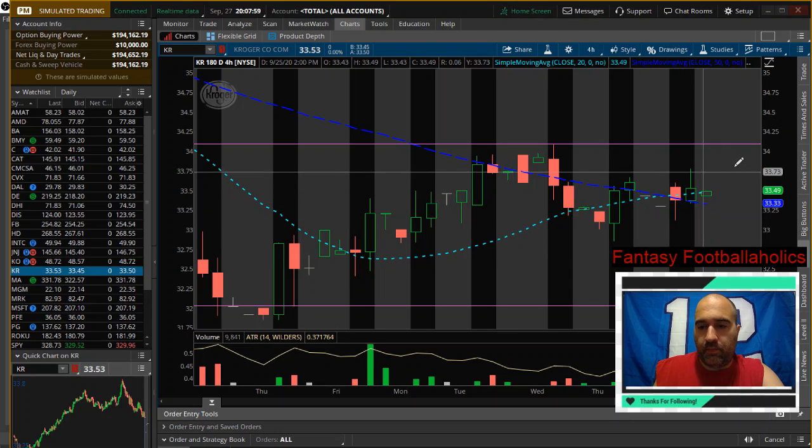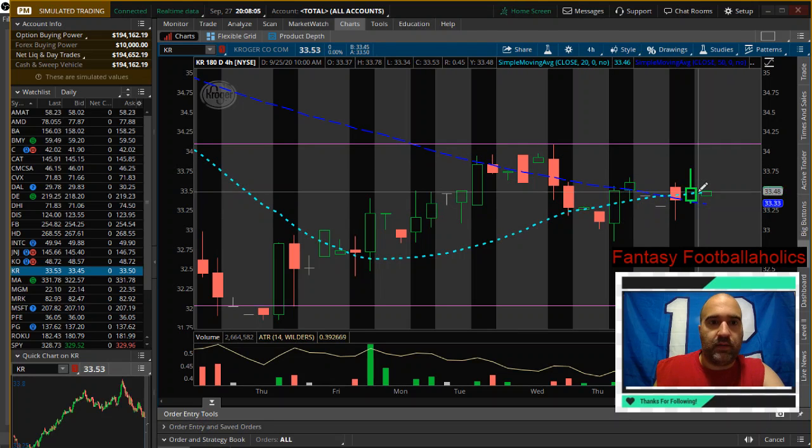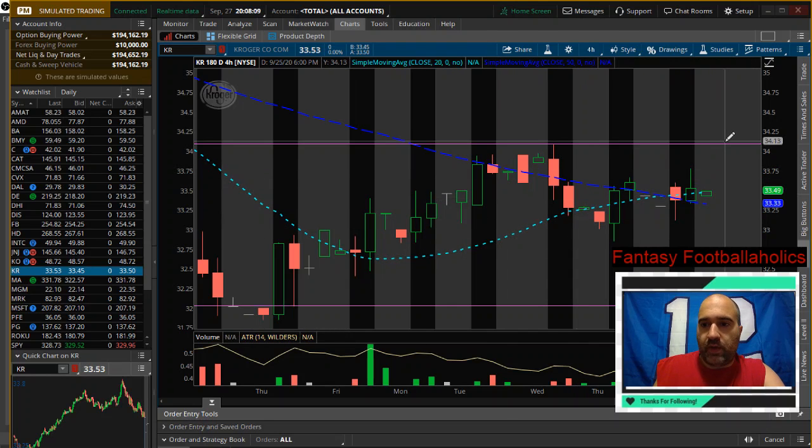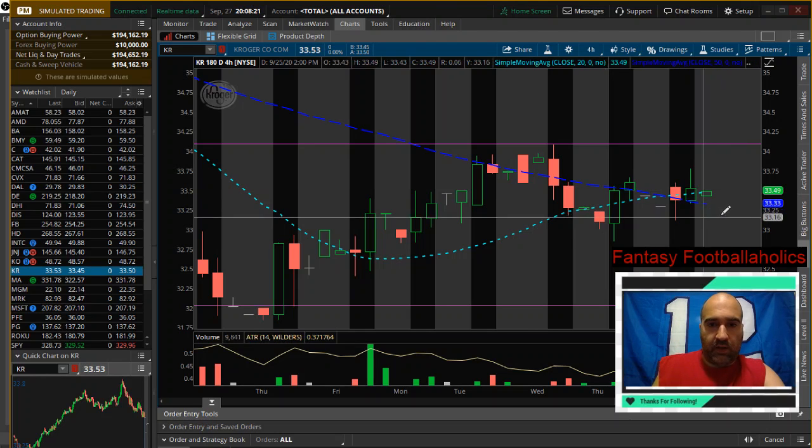Come up, it's gonna pull up, just crossed over, so I'm gonna need some more to this to play. This is one of my weaker plays, but it is finally turning around. So if I get a good pull in the morning and a pullback and it's already over, it dropped here, small pullback, and then if I get a decent pull up in the morning, maybe towards the end of the day it pulls back enough and I get a close above high at the end of the day,